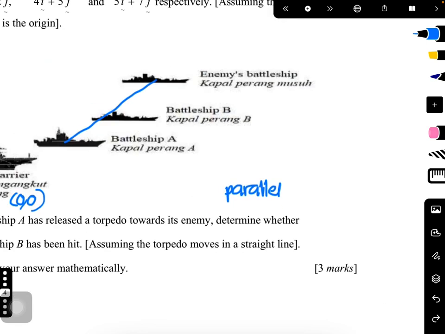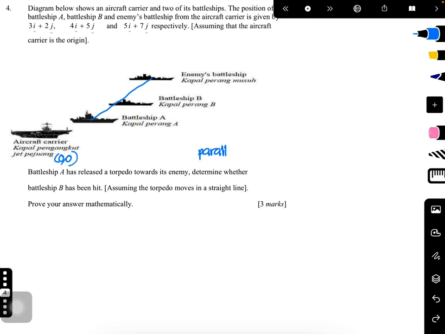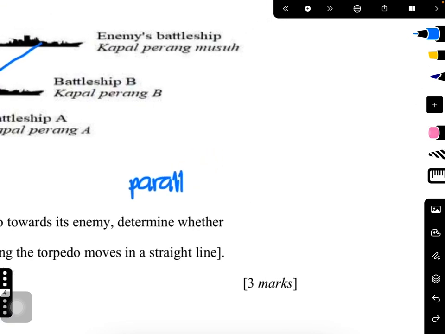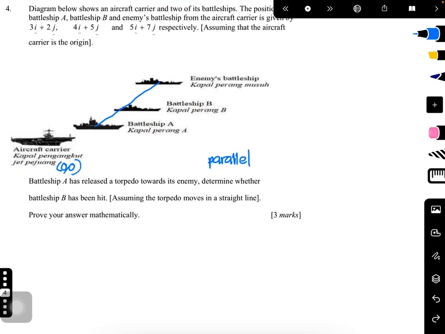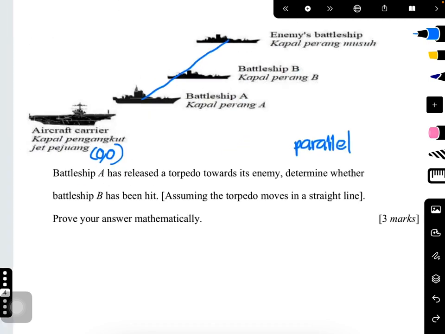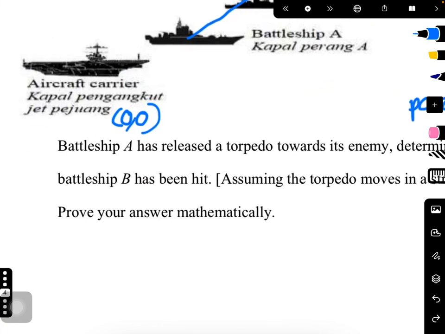Because if it is not parallel, battleship B won't be hit. So how can we find this? This is the origin 0, 0. Battleship A is 3i plus 2j. We have that. So firstly, because I have said that it needs to be parallel, I will state that